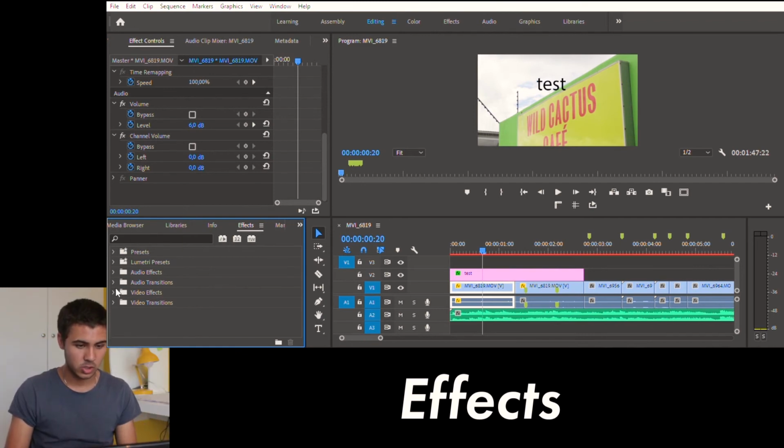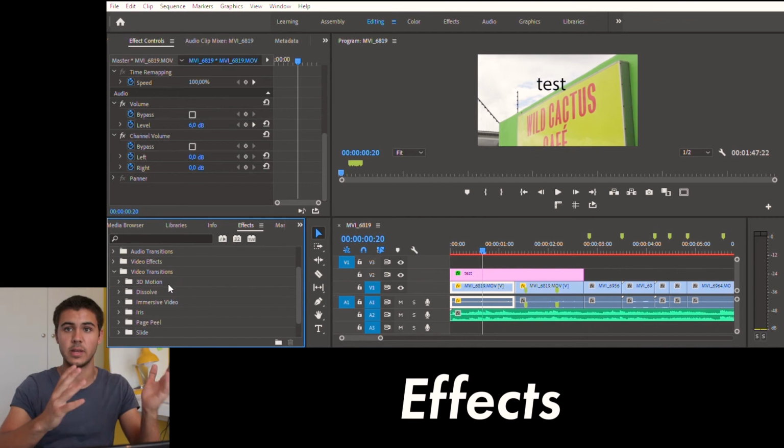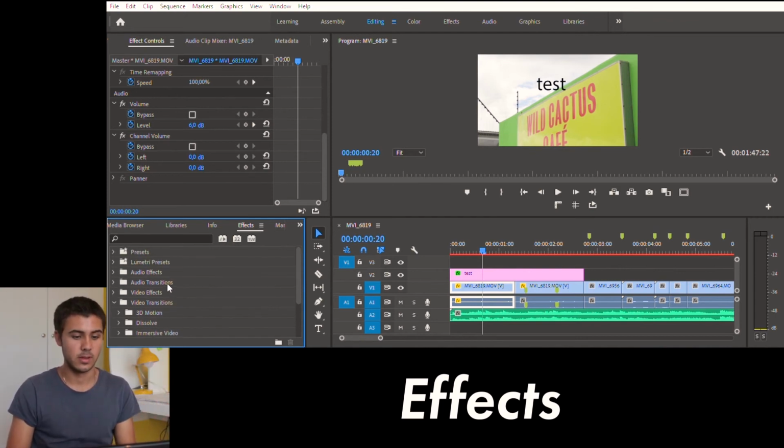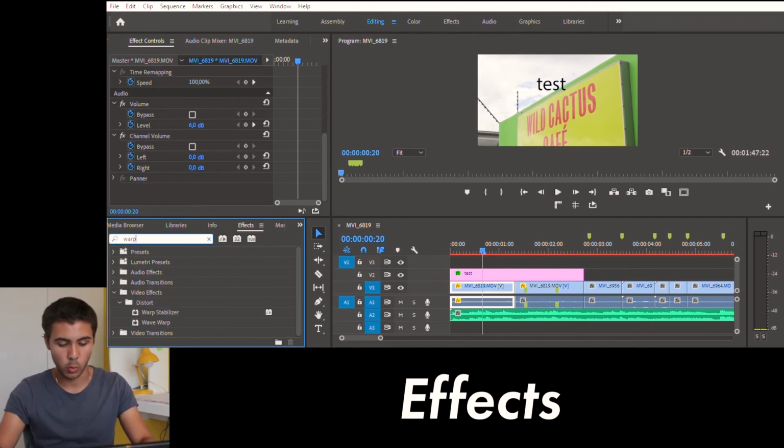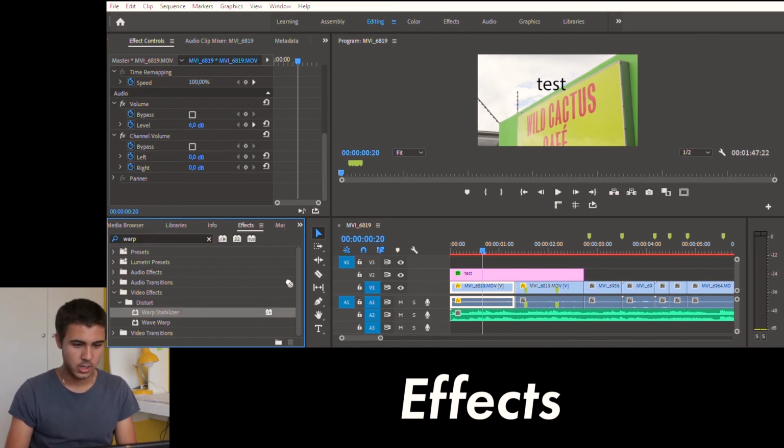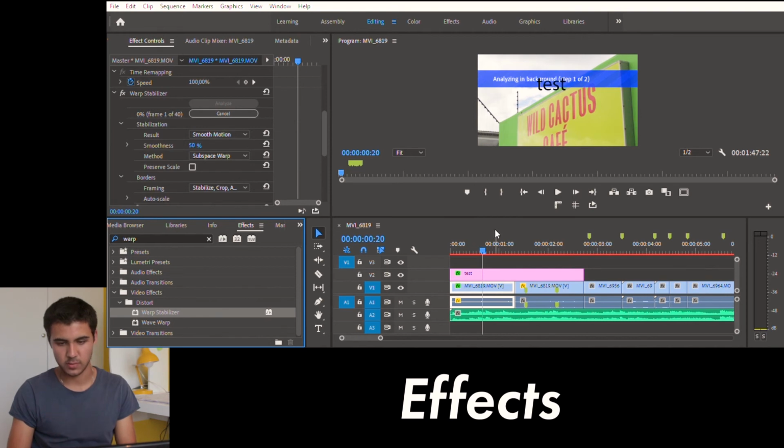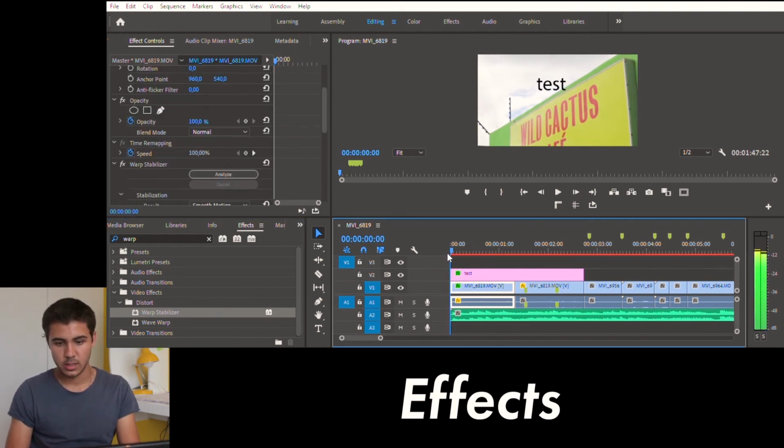So I'm going to go here and search. You can go into video effects or video transitions. This is also where you'll get your transitions like dissolve and fade and wipe and all those. They're pretty self-explanatory. It's just drag and drop. But let's say we want to stabilize this image. So we go to warp stabilizer, this one right here. We're going to drag and drop onto that video clip. Now if I play it,